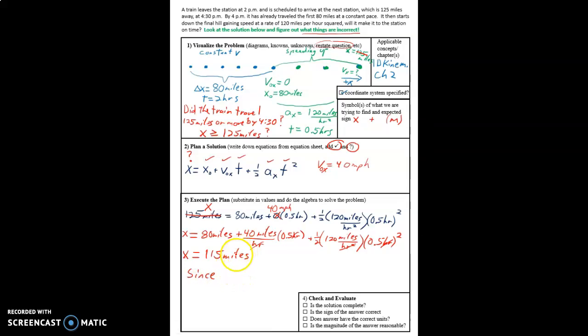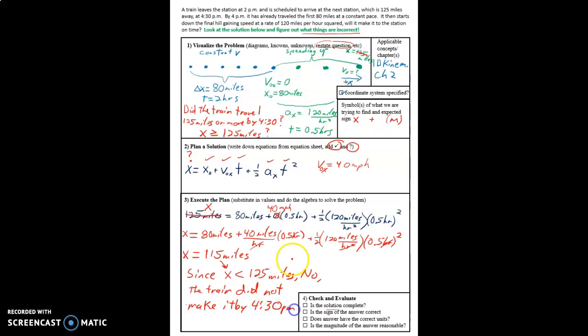Okay? Sometimes we get caught up and we think, okay, we finally got a number out of our calculator and we think the problem's over. But is the solution complete? Well, no. So we have to finish that. So I started to write it. So since x is less than 125 miles, you can say, no, the train did not make it